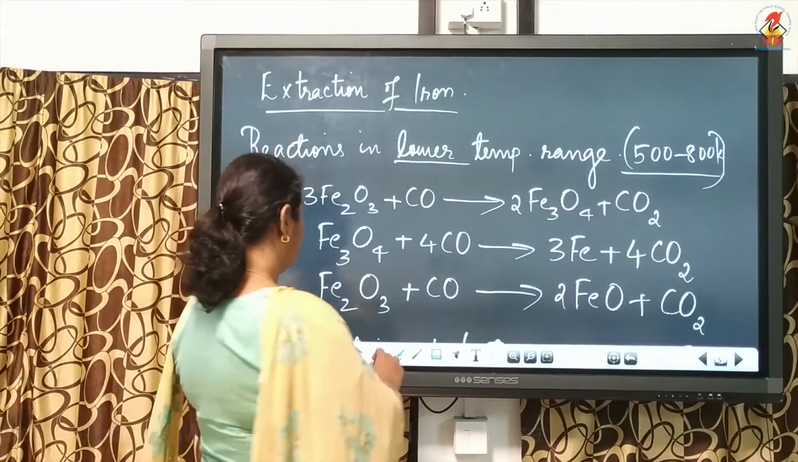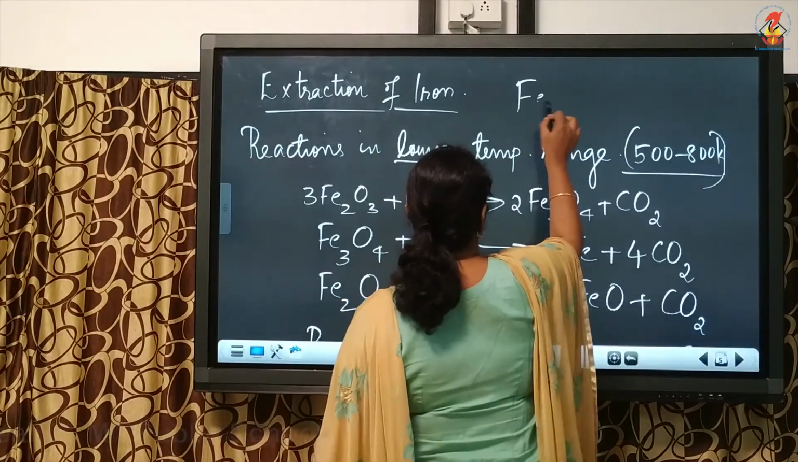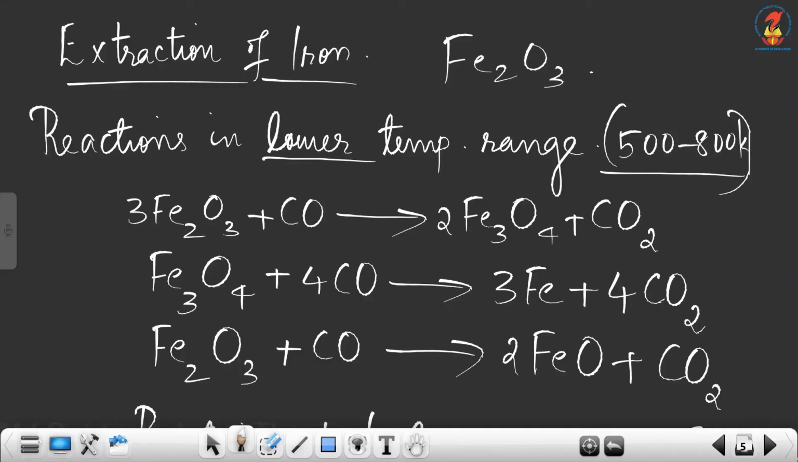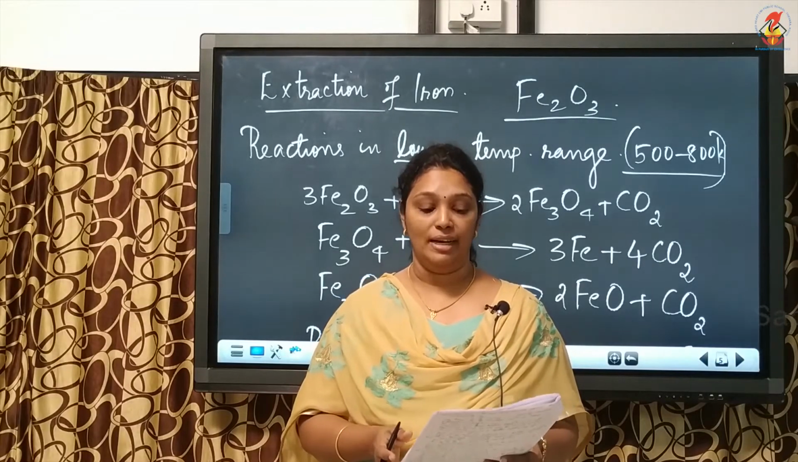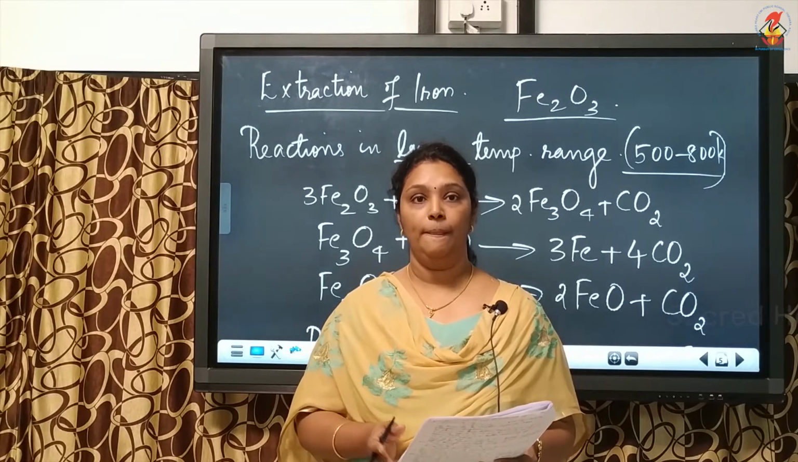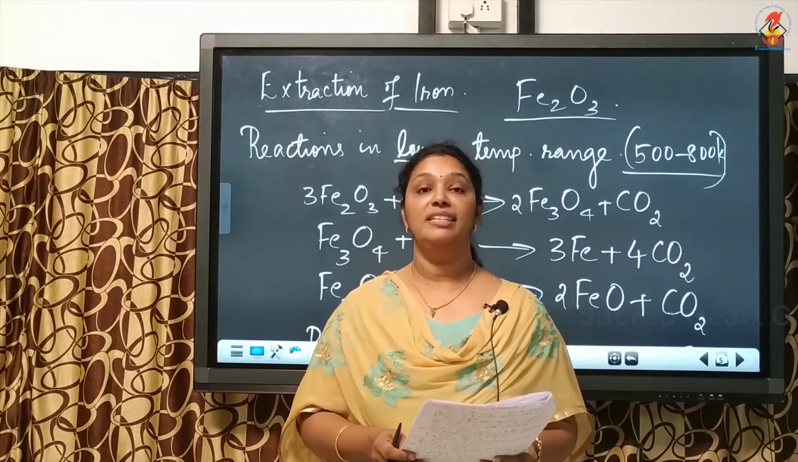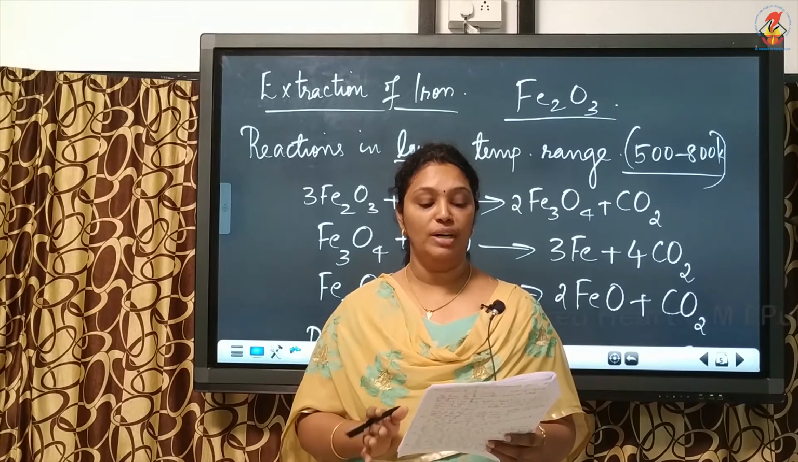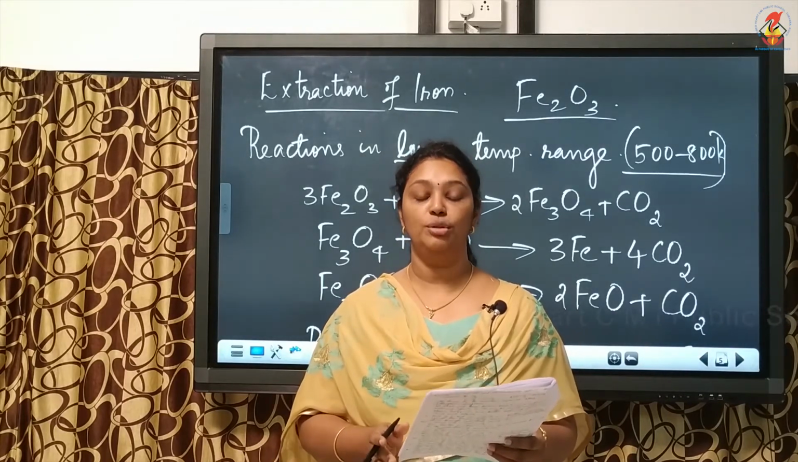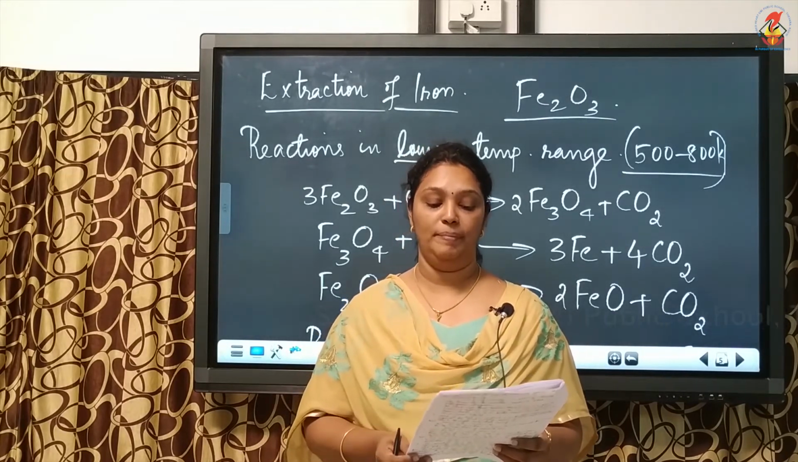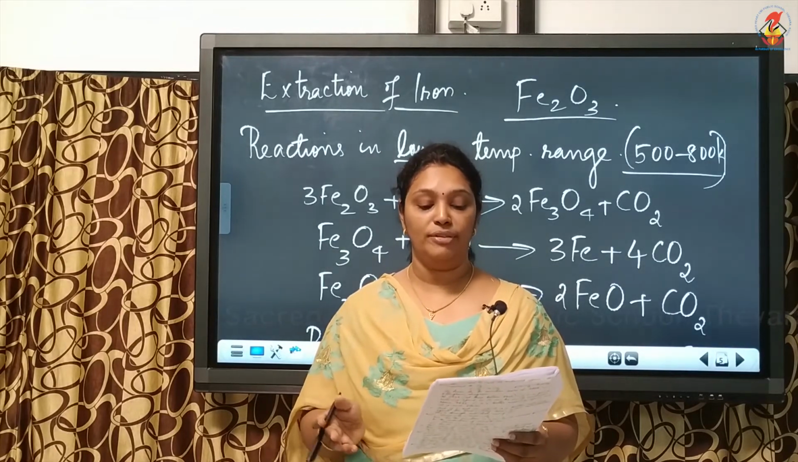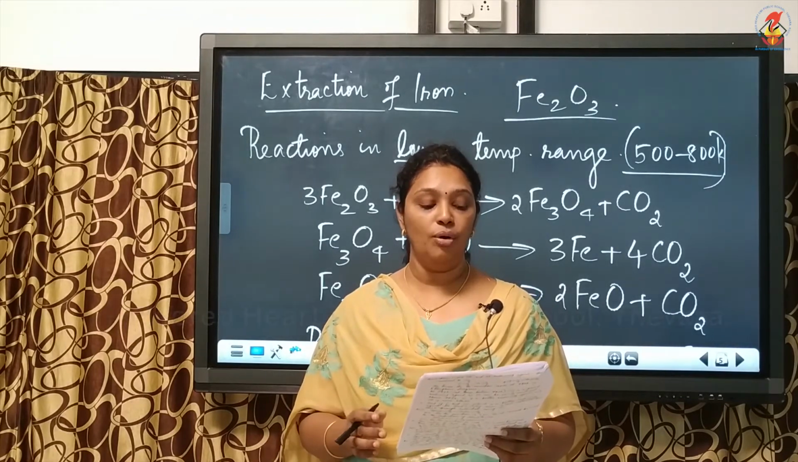The formula of hematite is Fe2O3. So, iron is extracted from the ore hematite, that is Fe2O3. Now, the oxide ores of iron, that is hematite, after concentration by calcination is mixed with limestone and coke and fed into blast furnace from top, and hot air is blown from bottom of furnace and coke is burned to